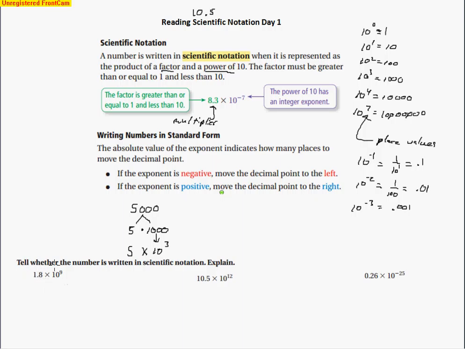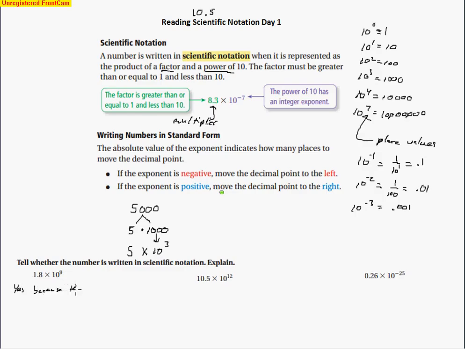We're supposed to specify whether this is written in scientific notation. Scientific notation has a certain form, and the multiplier is the standard thing that we need to look at. The factor, or this multiplier, is greater than or equal to 1, but less than 10. And that's what we see here. So this one is in scientific notation. So I would say yes,